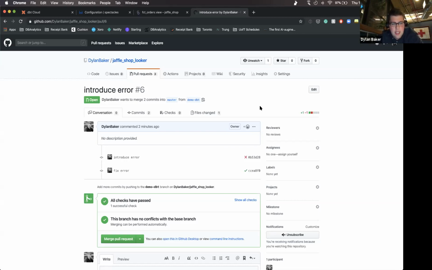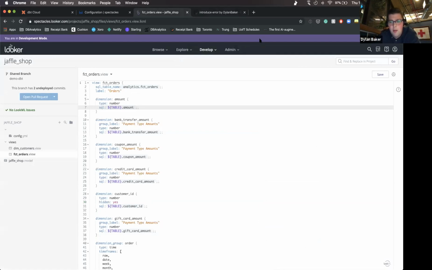Something to flag when we talk about deploying this in a CI environment, and it's worth digging into exactly what it's doing in the back end: what Spectacles does is you pass it users. In my CI environment, I created a dedicated user to run Spectacles. When it runs, it uses the Looker API to move that user to its dev workspace, which is basically what happens when you have this purple bar up here, when you're making changes. It then checks out the branch that user is on, and runs all those queries on that branch.